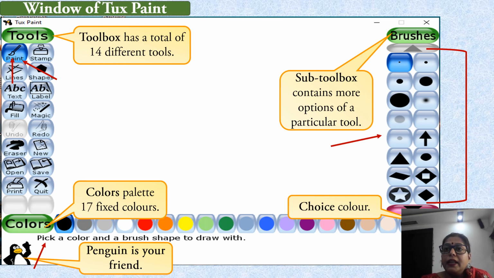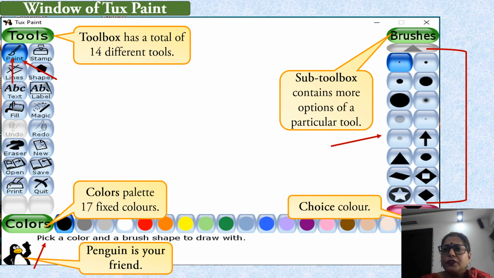Okay, it will give a suggestion of what we can do with the tool selected by us. That's why this penguin is our friend, and this penguin is the symbol of TuxPaint.